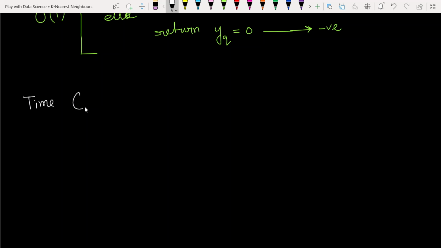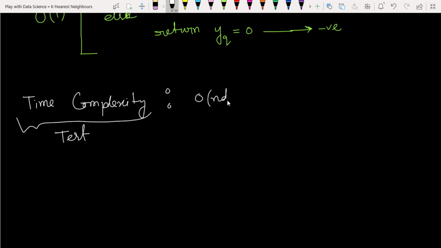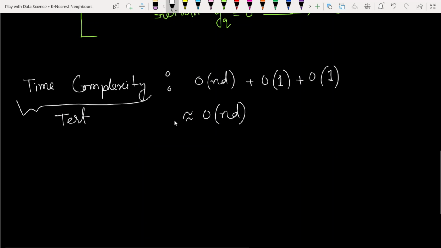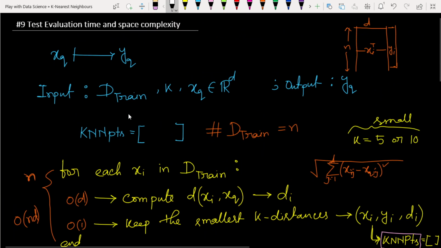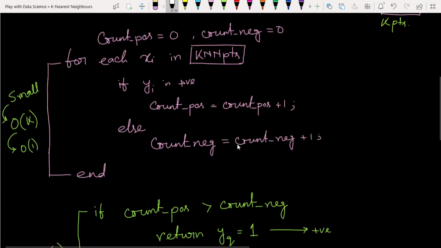So the time complexity in test phase is order of nd plus order of 1, as well order of 1. So it is approximately order of 1. Okay, in general we have seen that if our text is, suppose here, just see here,